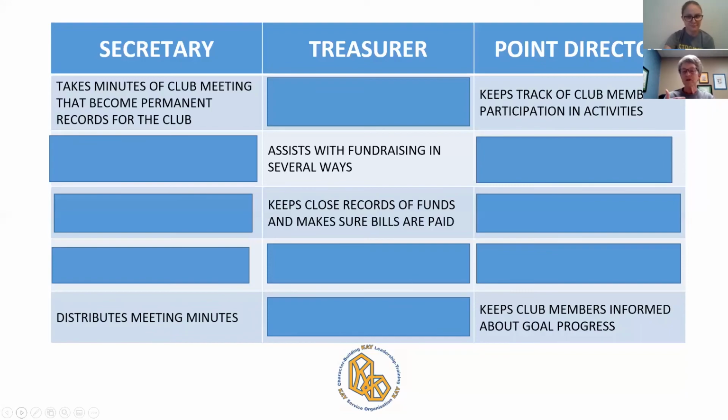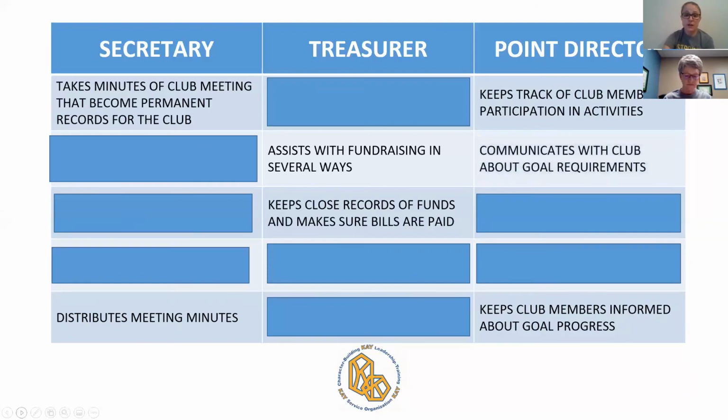So anytime clubs earn points, it's your job to make sure that the members know where you stand. You know, how close are you to your goal? I've even seen some clubs make like a thermometer with 0 to however many points and color it in as they go so that everyone can see very visually how close they are to achieving the award that they want to earn that year.